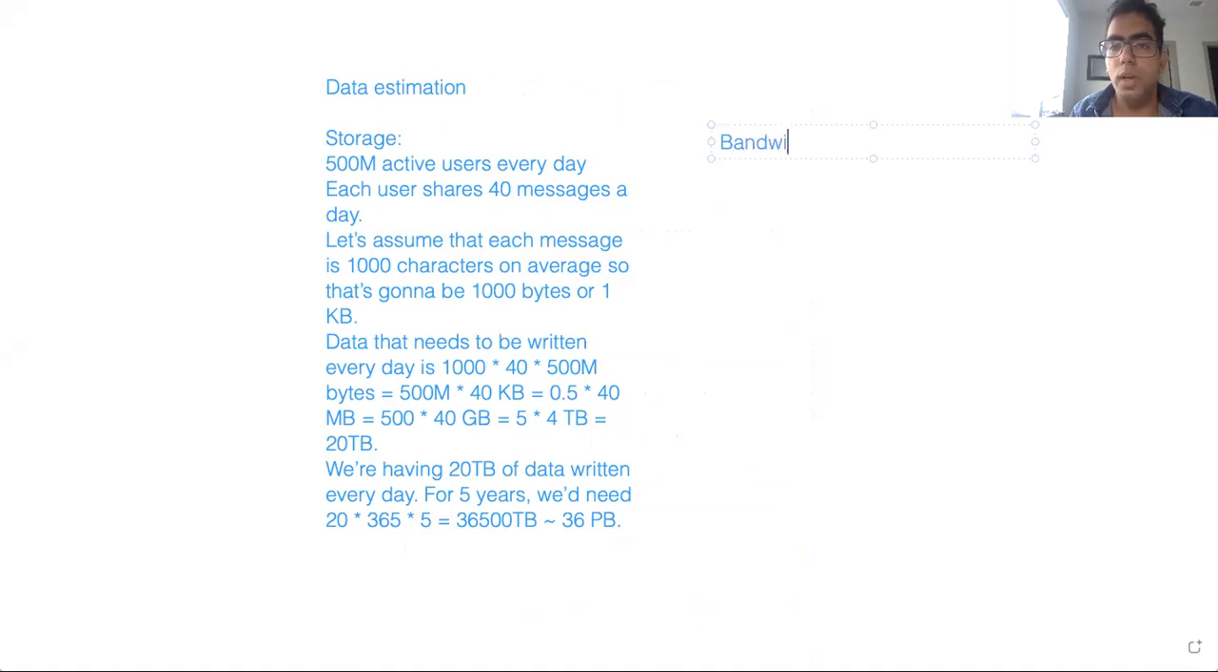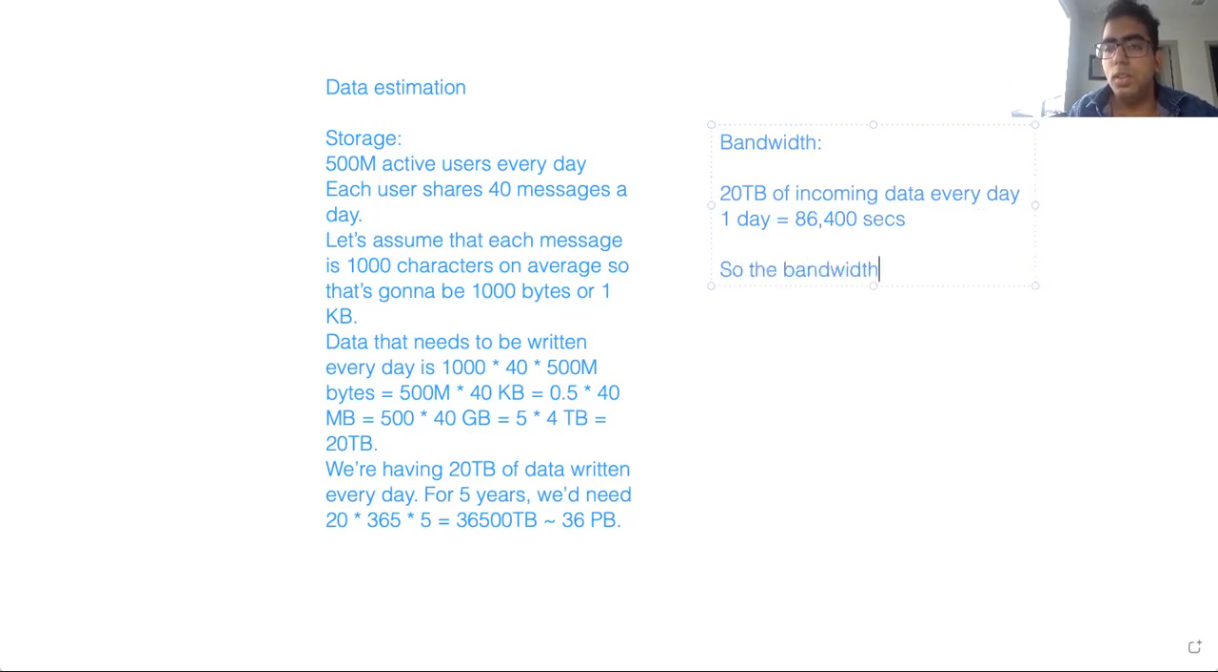So this is the bandwidth now, right? So we got how much? We got 20 TB of incoming data every day. 1 day is equal to how many seconds? So we got 24 hours times each hour has 60 minutes, and each minute has 60 seconds. It's like 86,400 seconds. So the bandwidth is gonna be